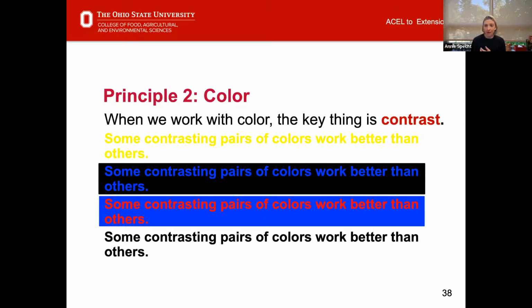When in doubt, have a white background and put black text on it. That's really the easiest color combination to read. So, when in doubt, when you're working on an infographic, a PowerPoint slide, or a research poster, err on the side of that simple white background and put black text on it. Again, if you have spot colors that you want to use, like the red in Ohio State's brand guidelines, utilize those judiciously, but it's really about choosing colors that help your text or your content stand out on the background. So something really important to look at.